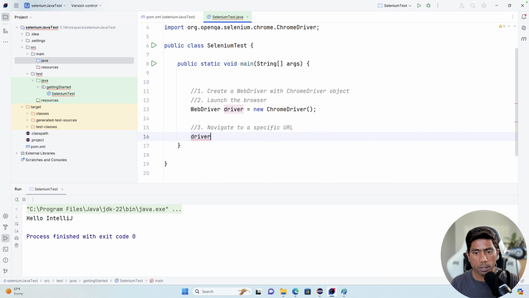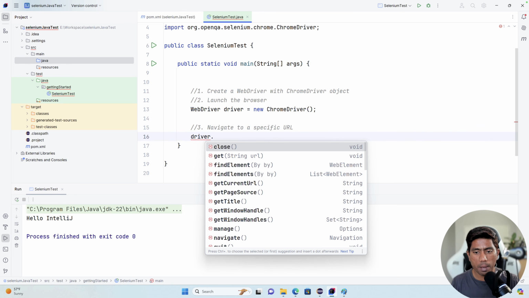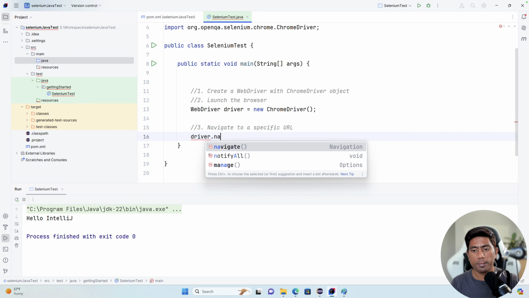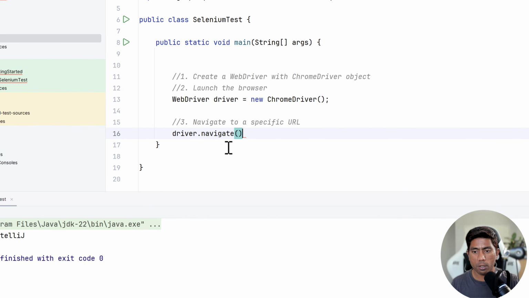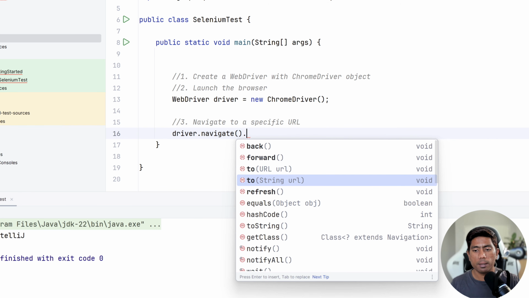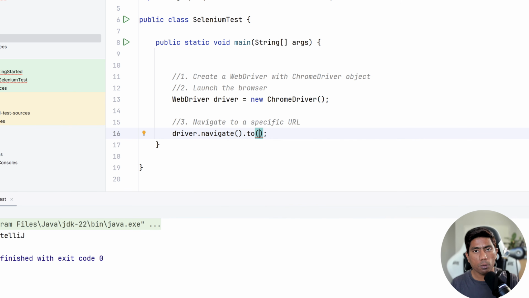So the driver variable has a method called navigate. This is a navigation class, and it has a navigate method. If I call this navigate method, it returns a navigation class, and that class has a method called to. So you can use this to method, and here you can pass the